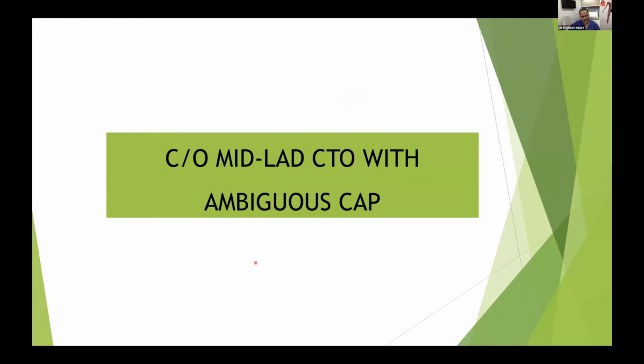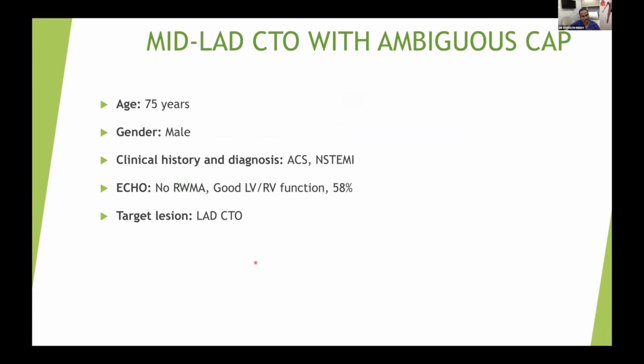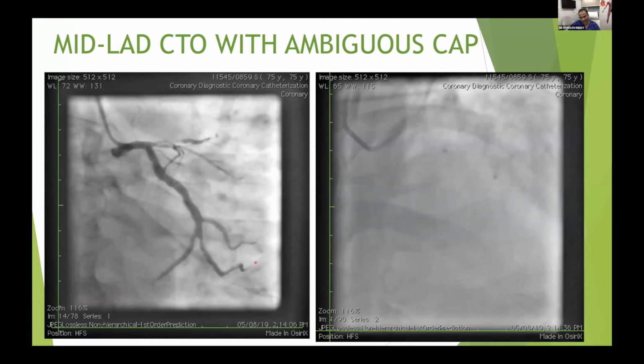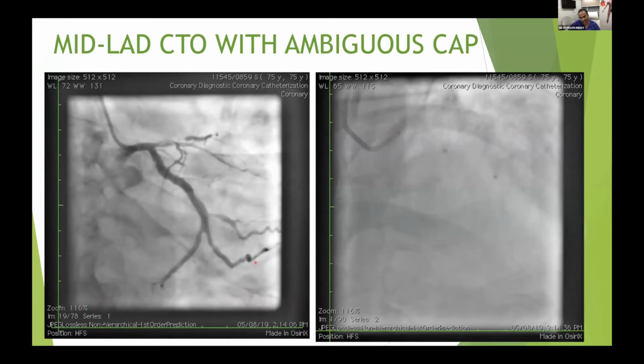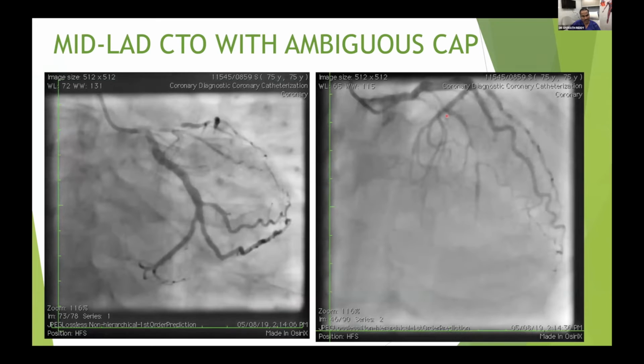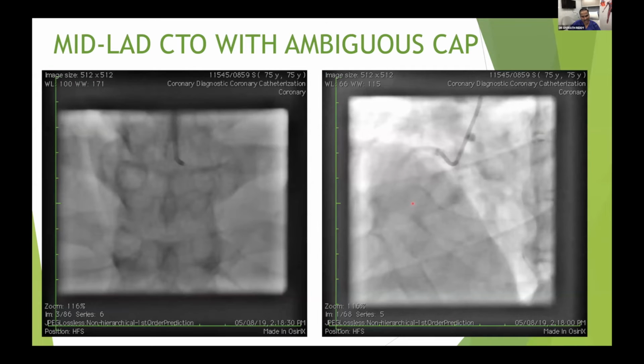So this is another middle LAD CTO. You can see here there is an ambiguous cap. I really don't know where the cap is here, and it's not a clear case for ADR. So what we did in this case is